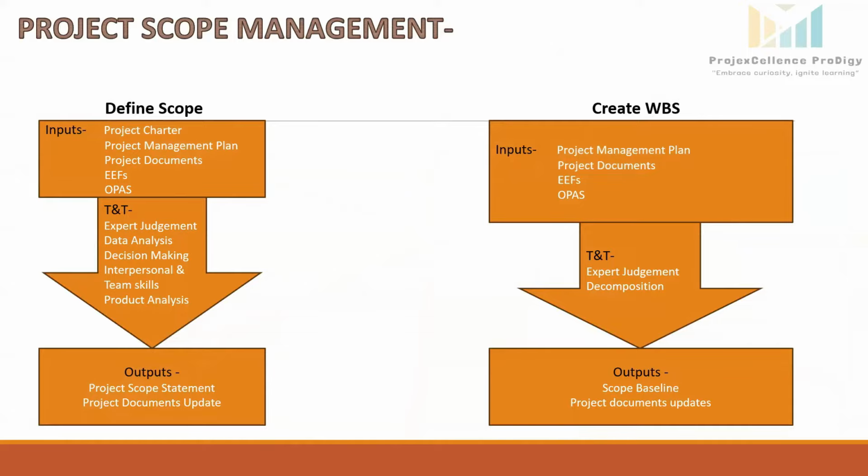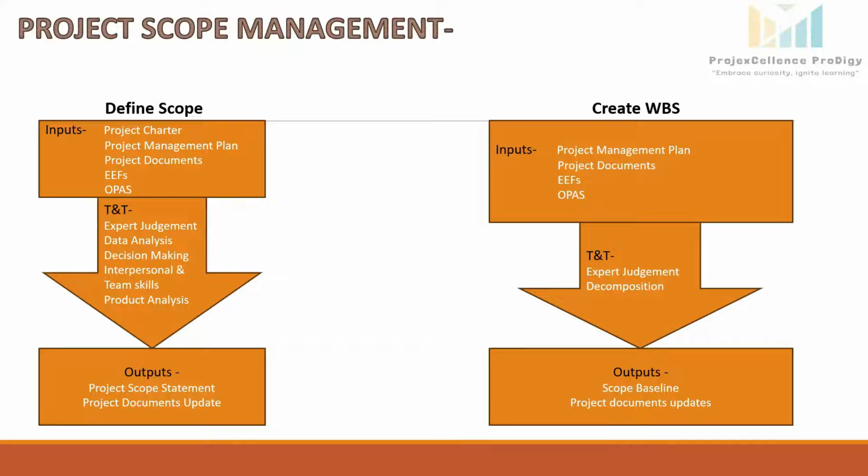If we see the inputs here, the inputs like project charter, project management plan, EEFs, and OPAs are similar to those used in other processes, and we have already covered them in detail in the previous slides. Coming to the project documents, there is the requirements documentation, which we obtained as an output from the collect requirements process, and it serves as an input here. Another important input is the risk register, which includes strategies to address risks